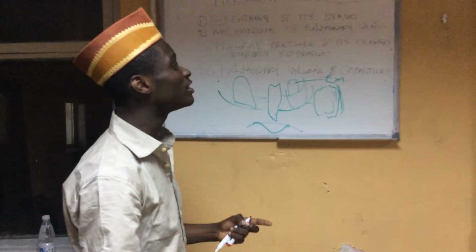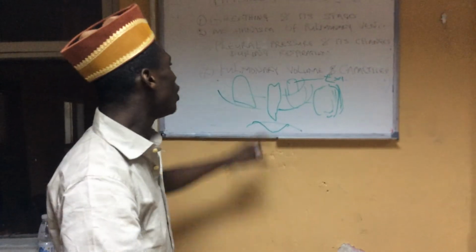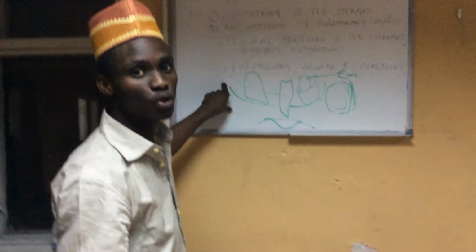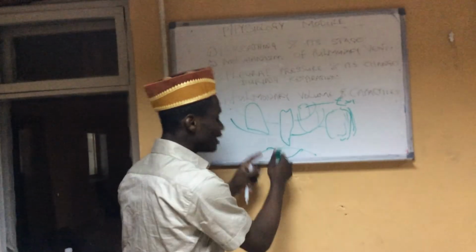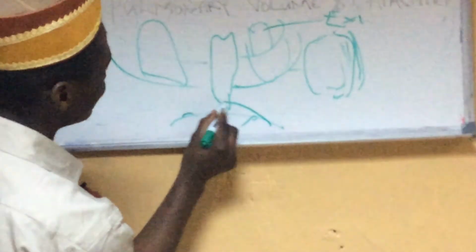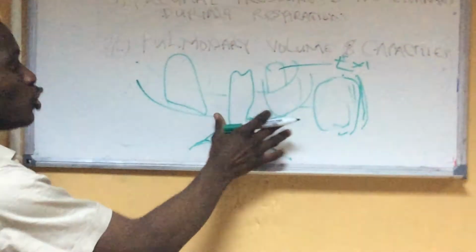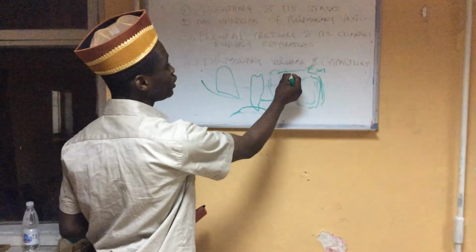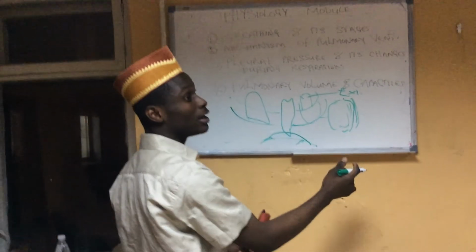Second mechanism, very easy because it's the direct opposite of inspiration. What happens? Diaphragm relaxes, goes back to its normal position. External intercostal muscle also relaxes. As they relax, the pressure that was increased in the abdominal cavity will be pushed up, and also the pressure that was between the visceral and the parietal pleura would